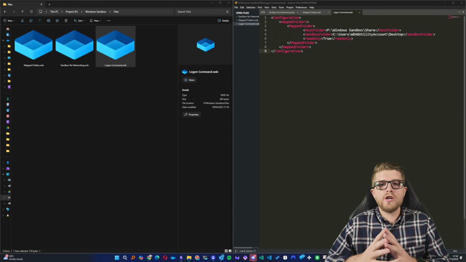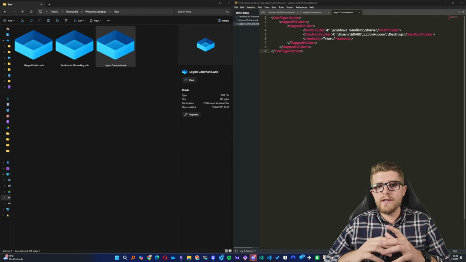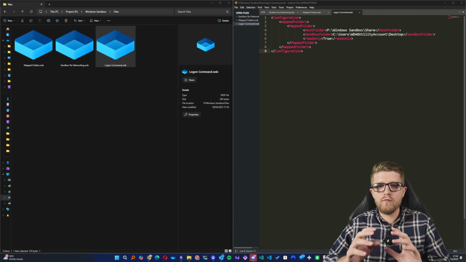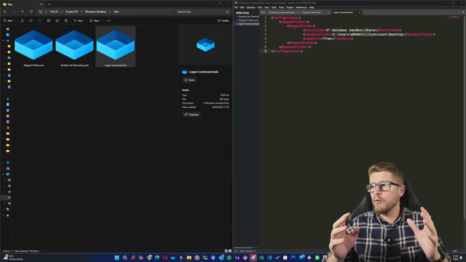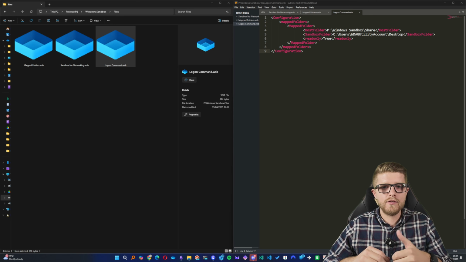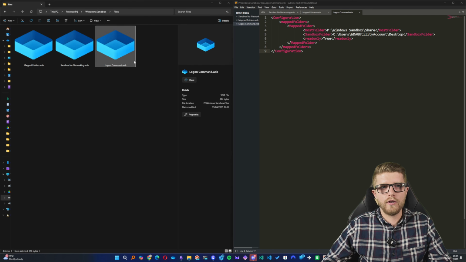Okay, so the next thing I'm going to show you is logon commands. This is really powerful because we can run commands on the startup of the Sandbox. And you can imagine all the things we could do with this. We could run scripts, we could have it download programs, launch things, ready for us when we first click on the Sandbox. So I've created a new file here called logon command, which is just a copy of our mapped